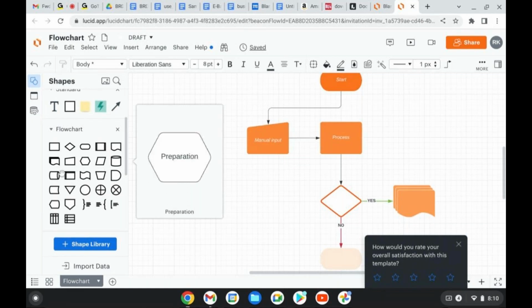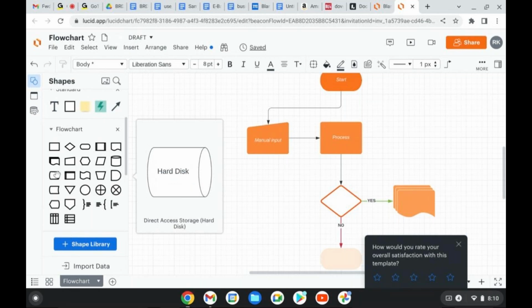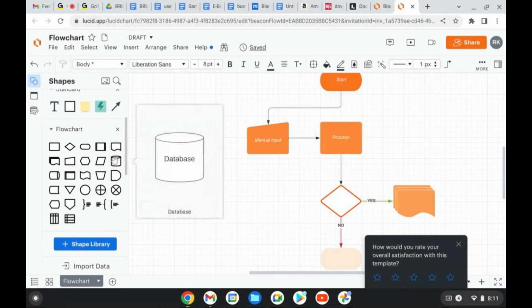What are the different databases we see? What are the different databases? MySQL, MongoDB,